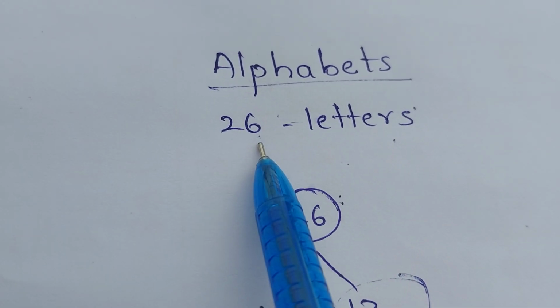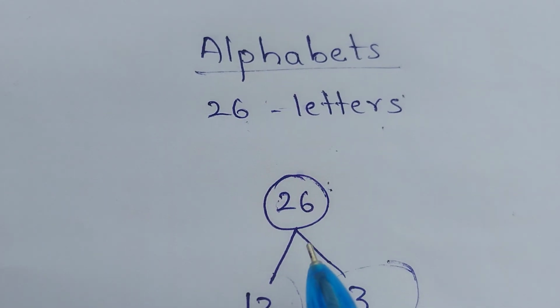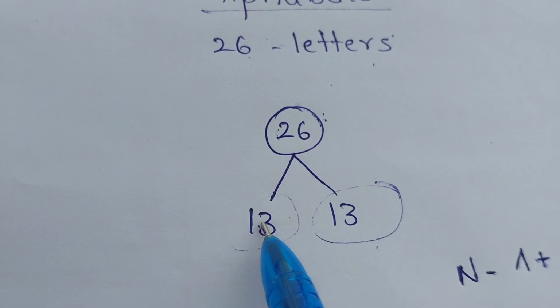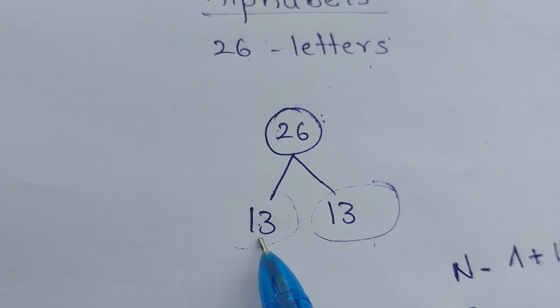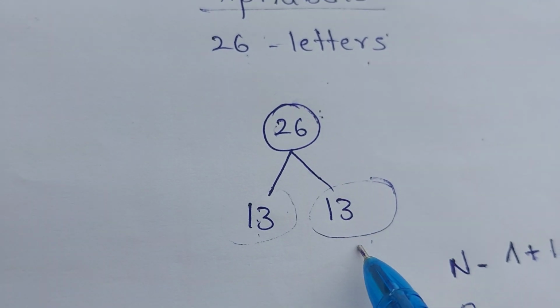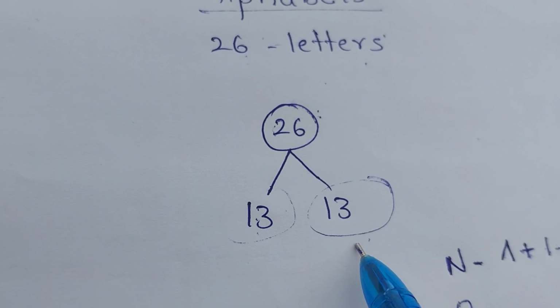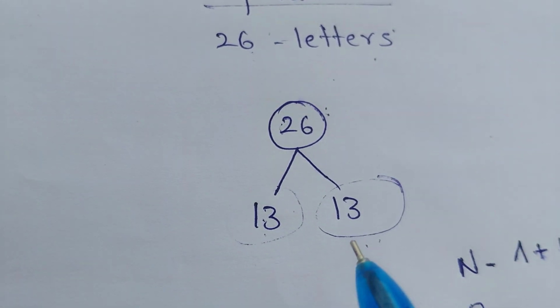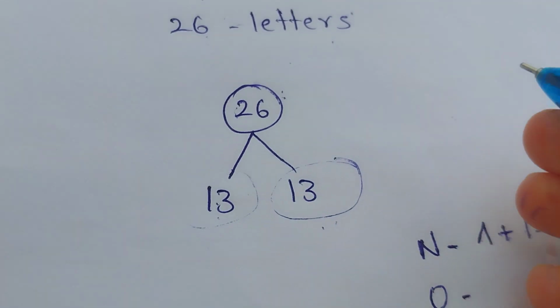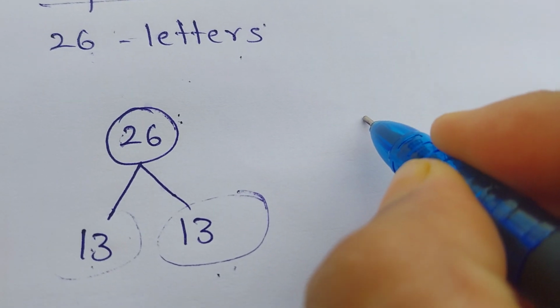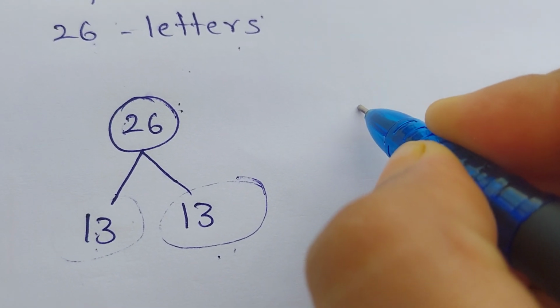We have a total of 26 letters in the alphabet. If we divide those 26 in half, we get the first half of 13 letters and the other 13 letters. What we have to do is remember the number the alphabet stands for, because in coding and decoding we get codes like